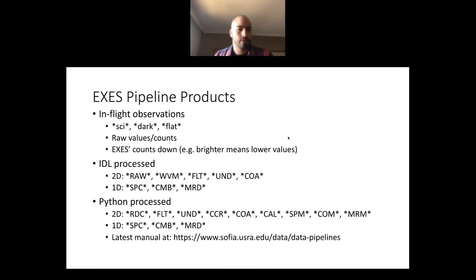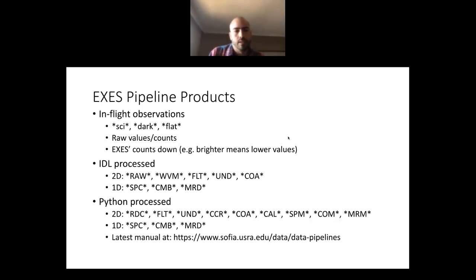If you're grabbing data, there's everything from level 1 to 3 for EXES data. There's no level 2, I think, but basically you can find data that were taken during flight if you wanted to start at the very beginning for your pipelining, if you were interested in that. Then for that, you'd want to make sure you're looking for file names that have psi, dark, or flat in